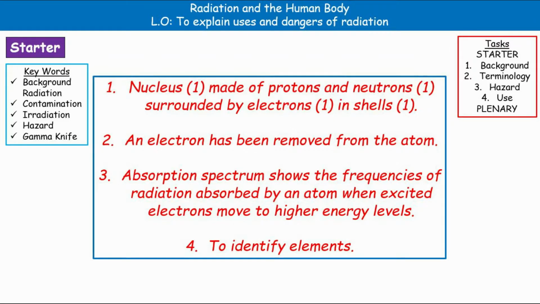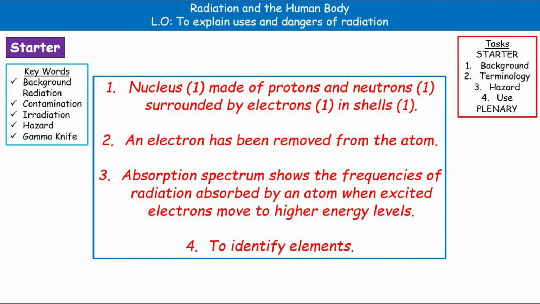Let's double check those answers then. So for question 1, what we were looking for is the structure of the atom. So you get 1 mark if you said there's a nucleus, a 2nd mark if you said that it's made up of protons and neutrons, 3rd mark for saying that the nucleus made of the protons and neutrons is surrounded by electrons,